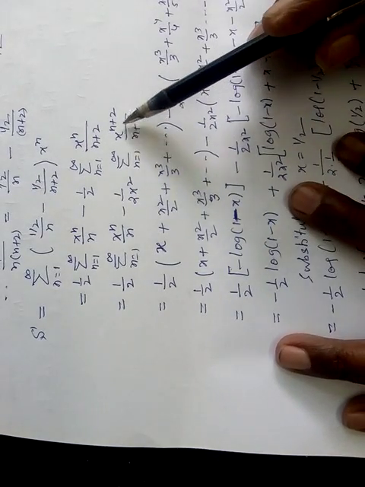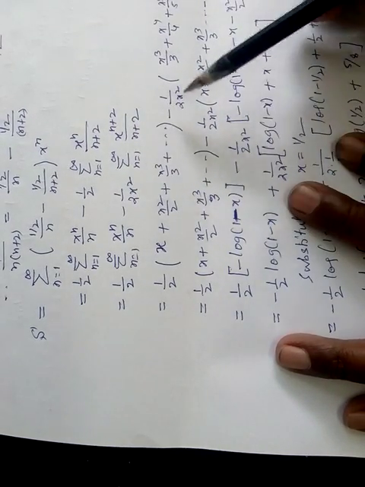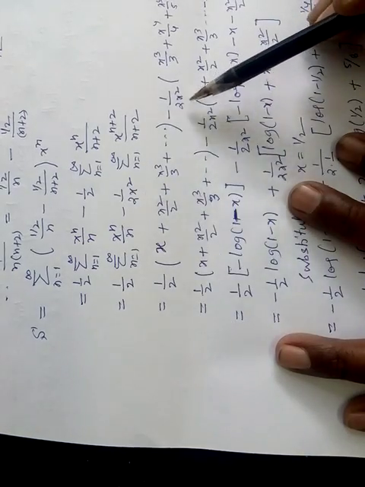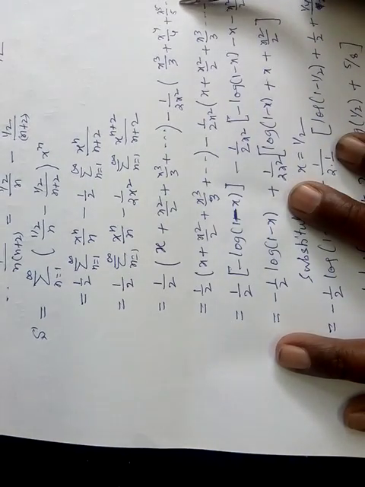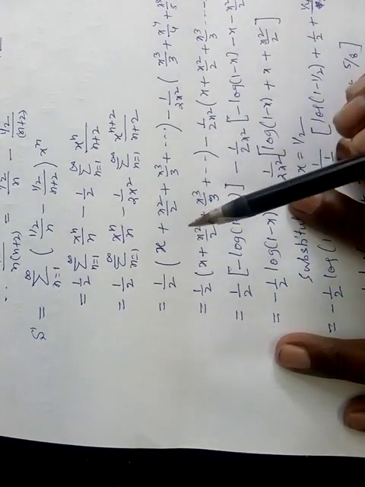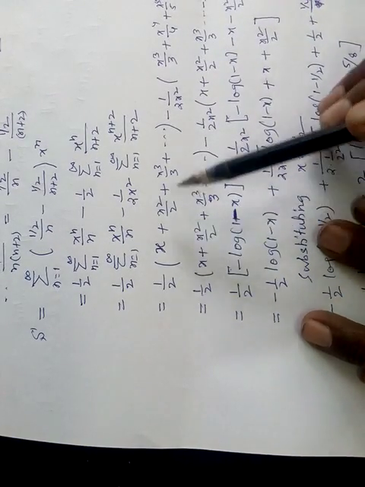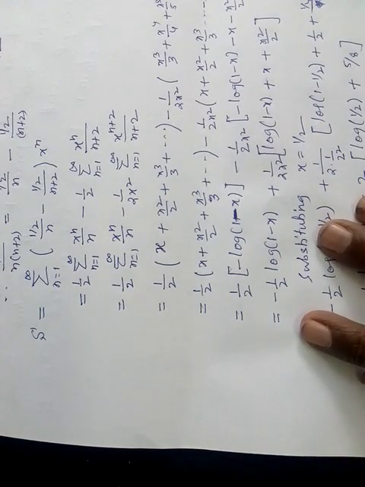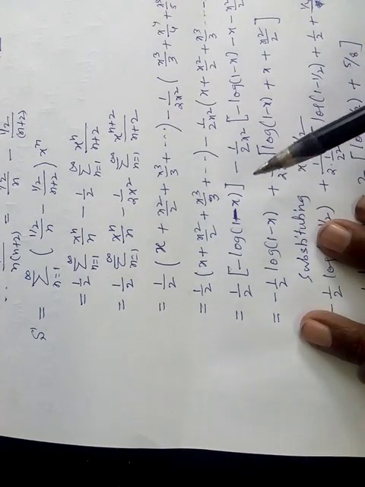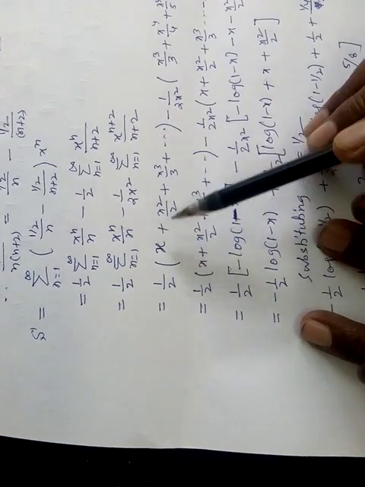And similarly I will write the expanded form of the second term. The outside multiple I will write as it is, and you will get this one. The first one contains all the terms of the logarithmic series. You know the logarithmic series starts from x, so it started from x.